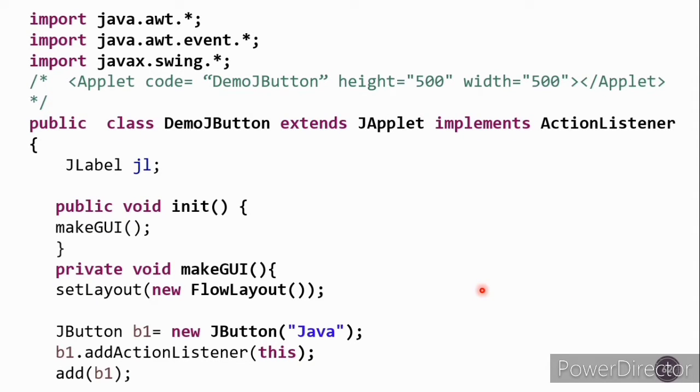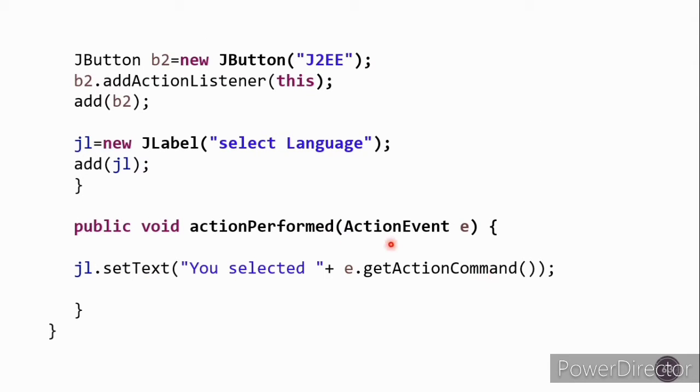In last class we have seen what is the JButton. This class provides the functionality of a button, which we have used in AWT. When a button is pushed or clicked, the application results in some action. It means some action event is generated when I click on an action button. When a button is pressed, an action event is generated, and using this action event object we pass it to the actionPerformed method of a registered action listener.